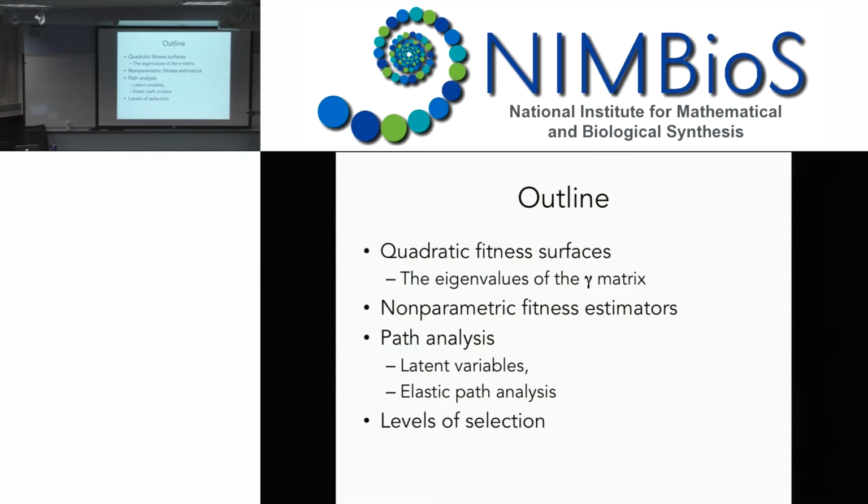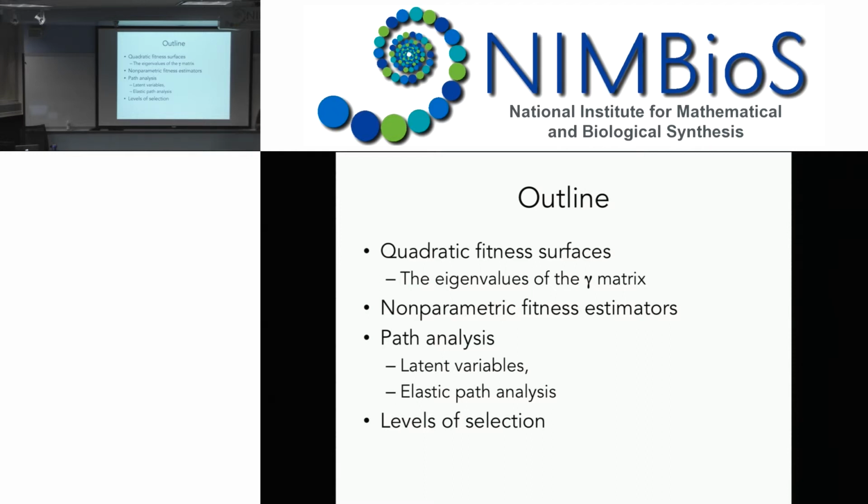Then we'll talk about another way to analyze data, which is path analysis, where I basically give you a causality structure. Trait 1 affects trait 2 affects fitness. And so it's another interesting tool to look at selection. We'll talk about latent variables, we'll talk about Morrissey's extended gradient, and we'll talk about elastic path analysis. And then we'll conclude with a quick example, and this is covered in more detail in chapter 22, which is,